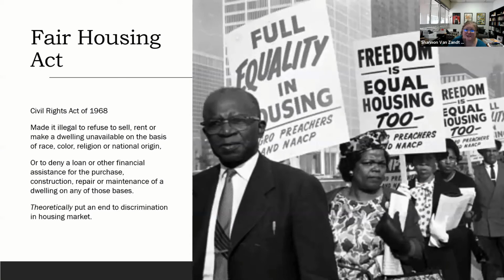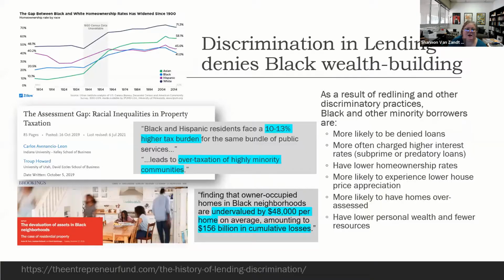So the Fair Housing Act comes along in 1968, coupled with the civil rights legislation, which supposedly puts an end to discrimination in the housing market. It makes it illegal to use race or ethnicity as a basis for refusing to sell or rent or deny a loan or any of those other things. But